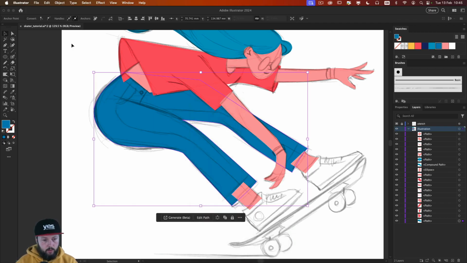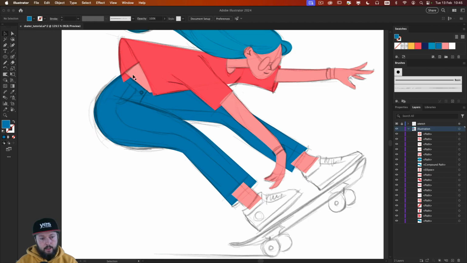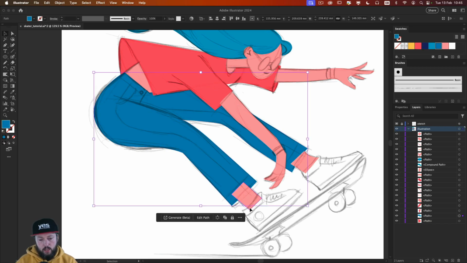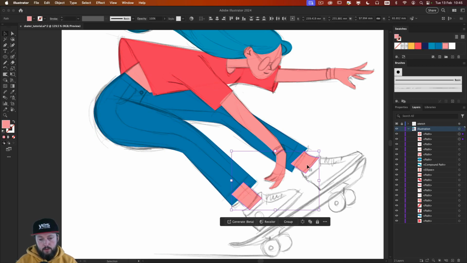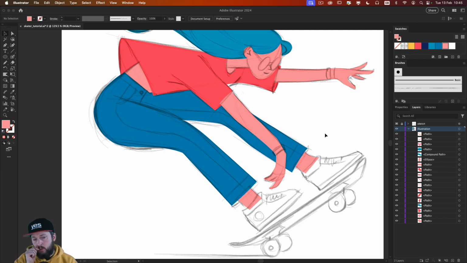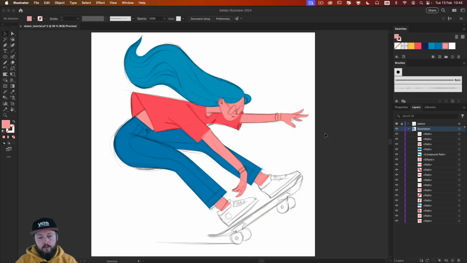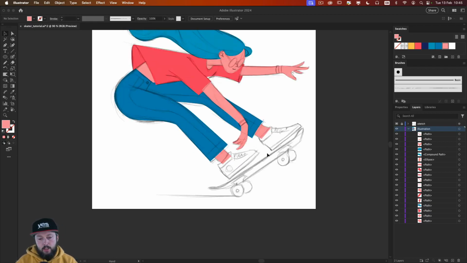And once it's all the way in the back, we can just double check that this shape actually needs to go behind it. And yes, that's looking good. These shapes can go at the bottom as well. So I just selected them too and use the same shortcut to send them to the back. So let's take a look at the full illustration. It's coming nicely together. So we have the main shape for the trouser, and now we just need the shoes